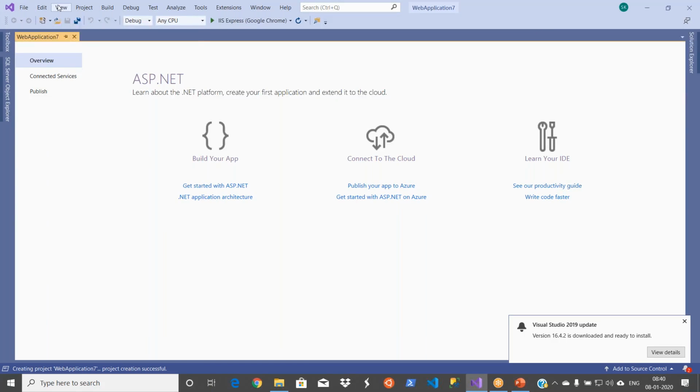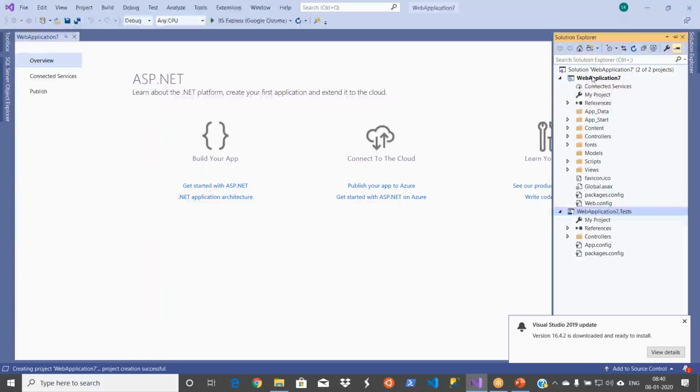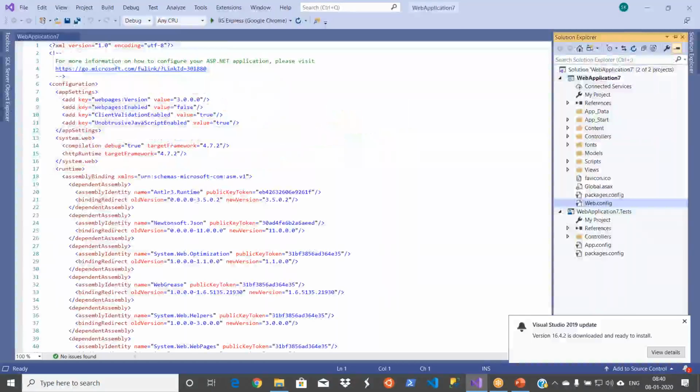So let's go to Solution Explorer. I created two projects as part of my solution. One is my ASP.NET MVC, and another one is the test project with unit test cases. It gives some basic unit test cases. And as I told you, all you need to worry about as a DevOps engineer is your package config and web config things, not any code. Okay, for the benefit of non-techies,